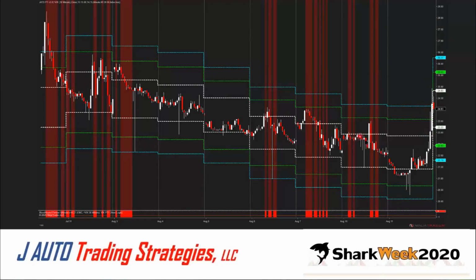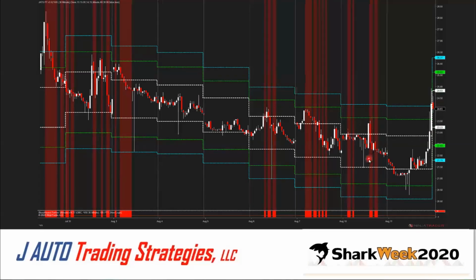So that's why I didn't have a down close on this bar closing above it, because it was an up bar. You want to wait for a down bar. Always wait for your momentum. If there's one thing I can teach you in trading, it's to always wait, because you never know when this is going to turn around and go up instead of back down. So always wait for your bar.